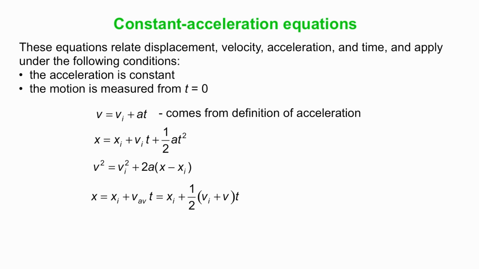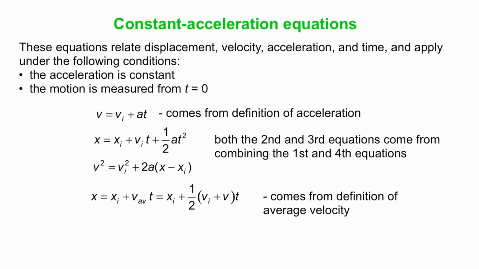Well, the first one comes from the definition of acceleration. The last one comes from the definition of average velocity, and the other two come from combining the first and the fourth. For instance, if you take the v as vi plus at and replace the v in the last equation by vi plus at,